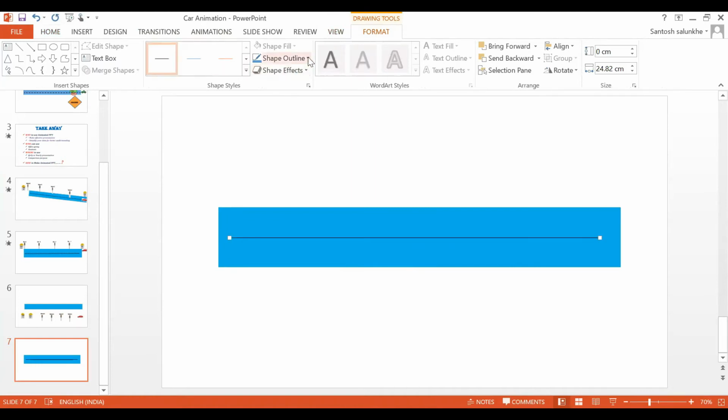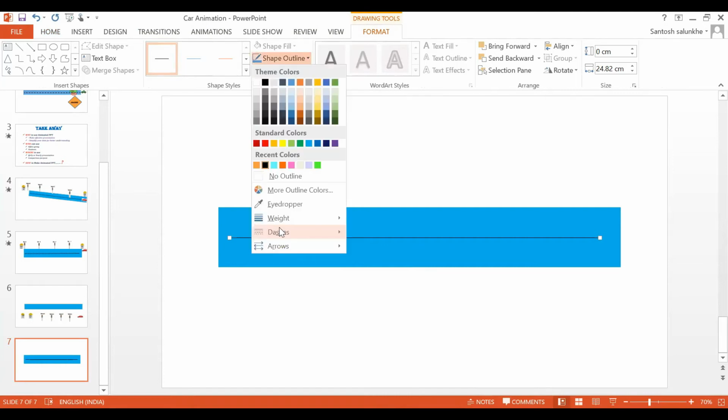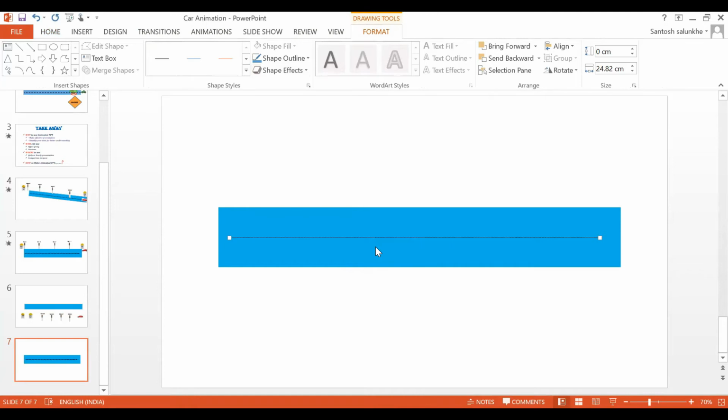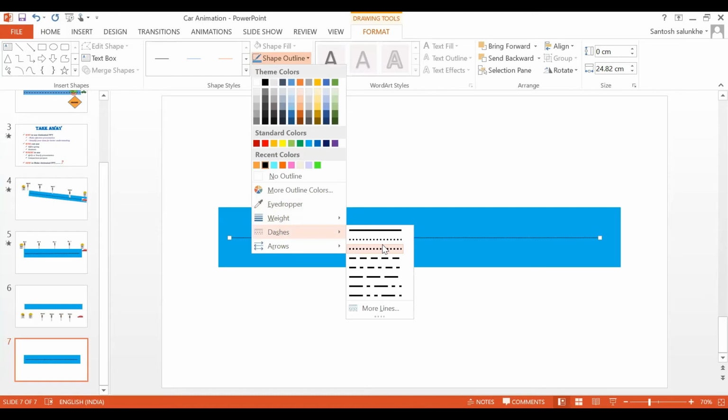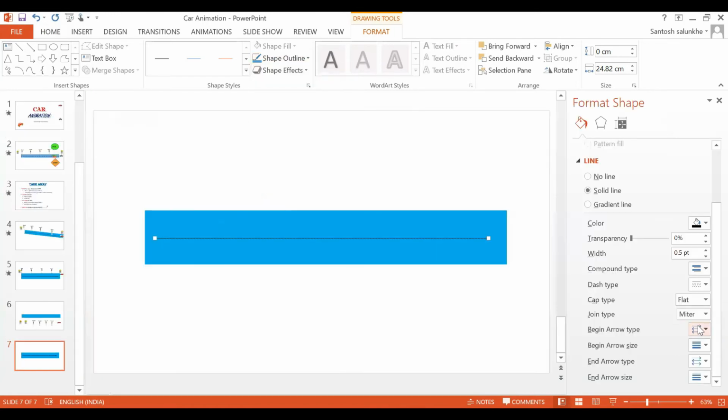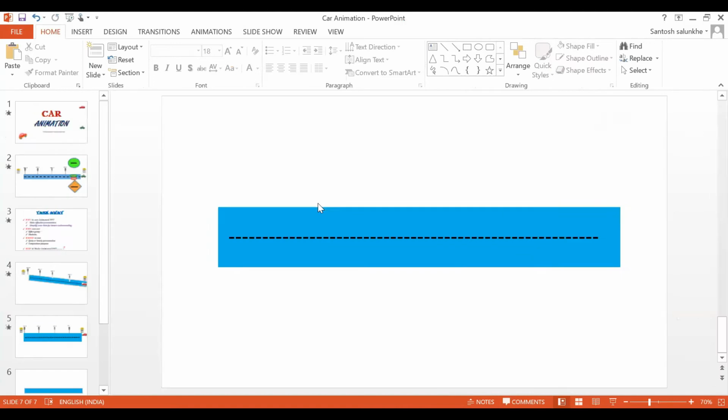It looks like a road divider, so we'll use more lines and I'll give a width of 3 points. I think this is better. So it looks like a road.